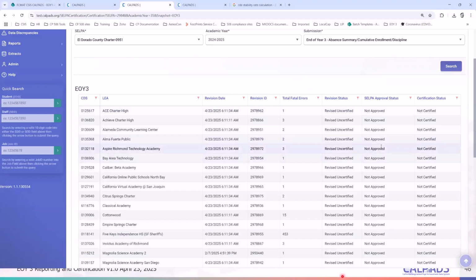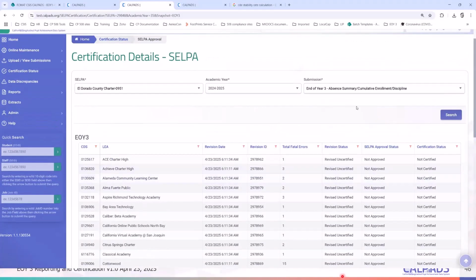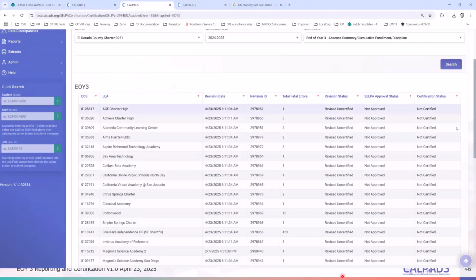So this is how it would look. You have your status, the default revision ID, the revision status, and whether you are SELPA approved or certified. There is also a box here for the SELPA where they can approve their batch